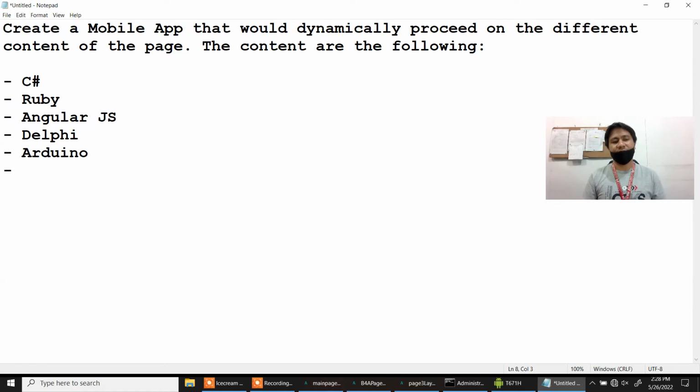The other one would be Delphi, Arduino, Ruby, C#, C++. Okay. So batch 1 has different content from the others. Although some are similar, theirs are different. For your batch 2, your content is also different. Okay? Now,